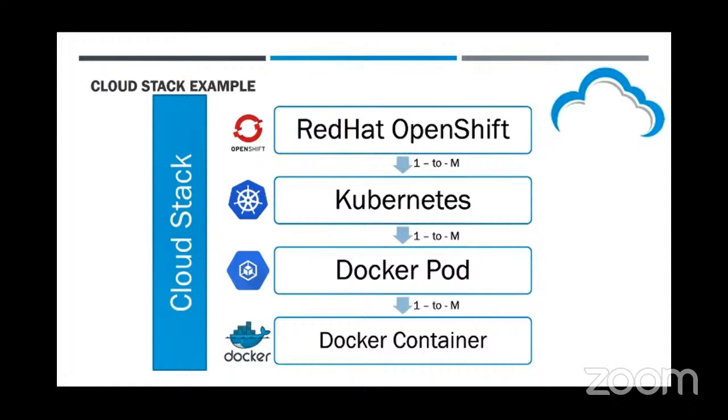Now, let me combine everything, right? The first topic that we had talked about was microservices. Now, how do microservices fit into the stack? Take one microservice, for example, in our example of MediaMore, where it had a recommendation service or a video streaming service. One such microservice will have all of this stack. So one microservice will be deployed on one Red Hat OpenShift server, which will have multiple Kubernetes clusters, which will have multiple pods and multiple Docker containers. So that is how all of it fits together.